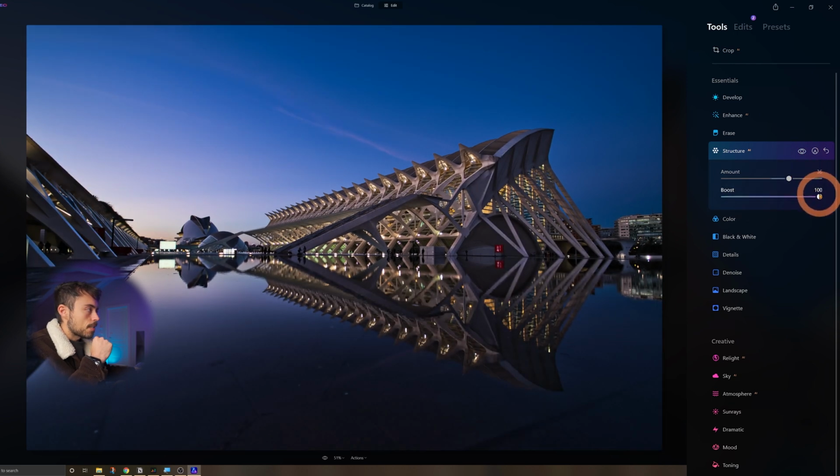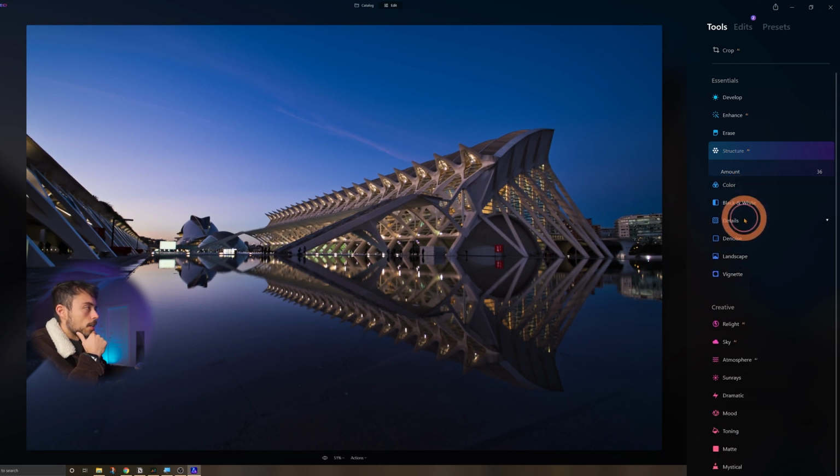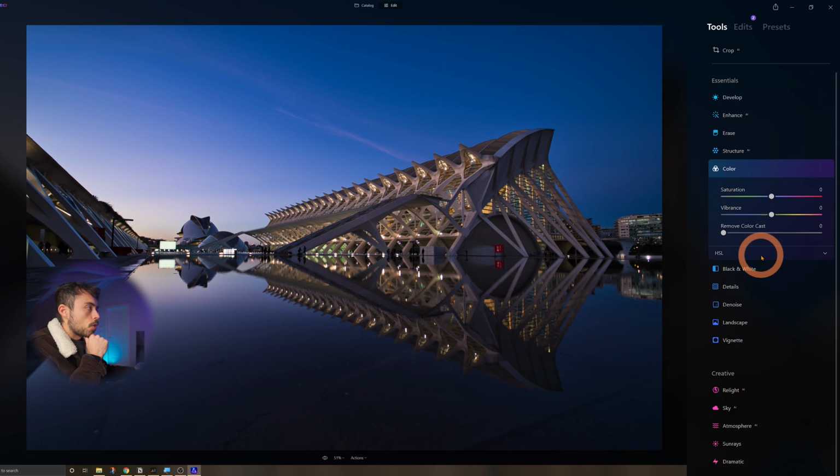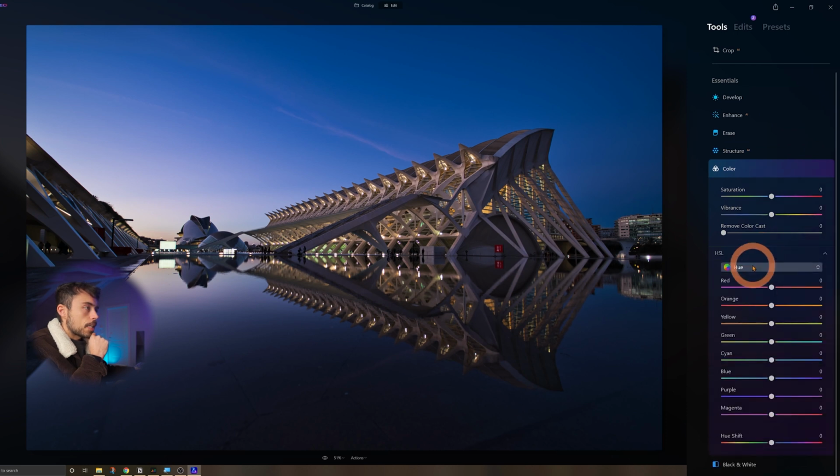Yeah, definitely, but it's a little bit too much, so I'm just gonna leave it down here for a while. Okay, so now in color, I'm just gonna open the HSL panel and do exactly what I said before, meaning that I'm just gonna push the purples and the magentas a little bit more towards the bluish hues, the blue a little bit farther from the purple and more into the cyans. And this is totally a personal choice, but the only thing that you need to understand